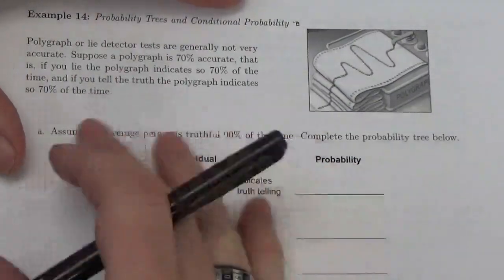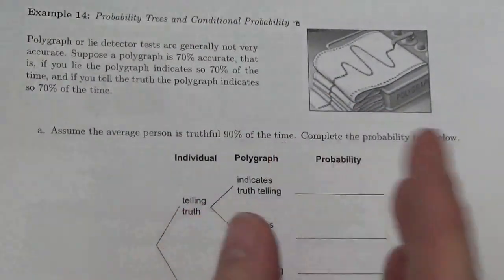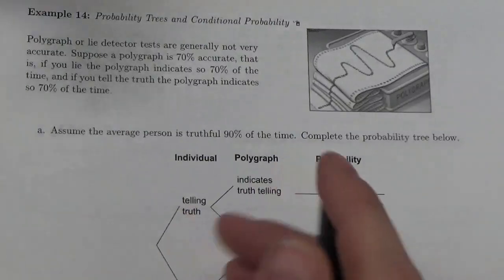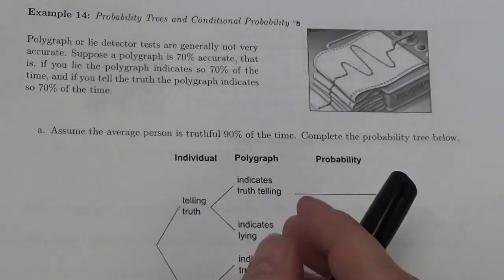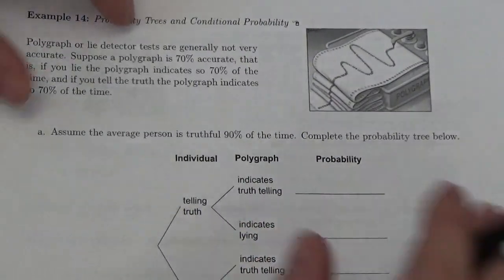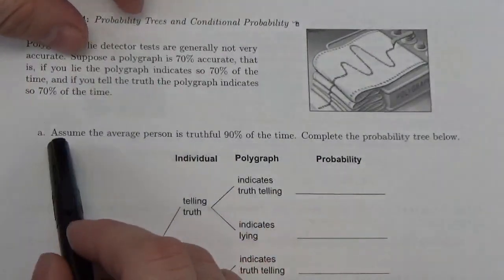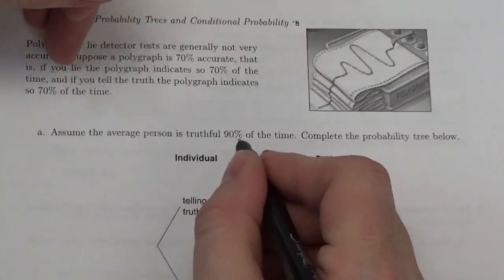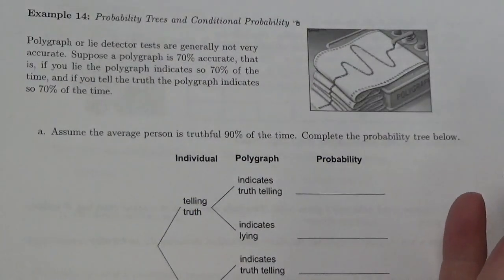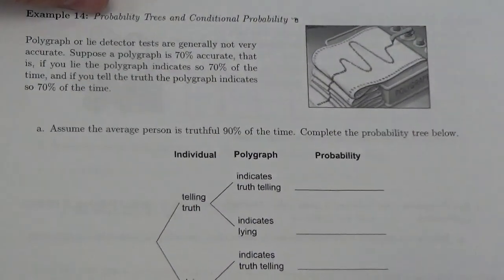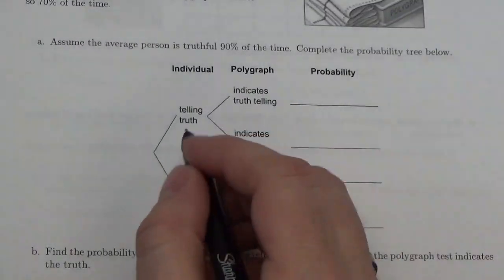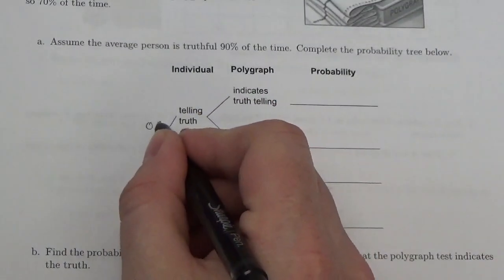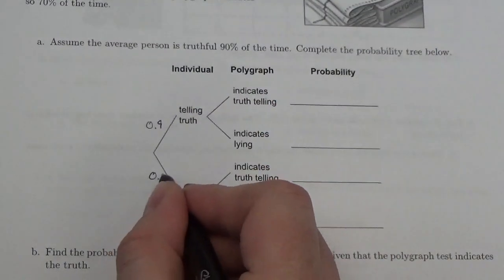The polygraph is one thing, but this could be a medical test as well. This could be any sort of test for testing for something. Just watch what happens here. Assume that the average person is truthful 90% of the time. So the vast majority of the time, we're being truthful. Let's complete the following table. 90% of the time, someone's going to be telling the truth,